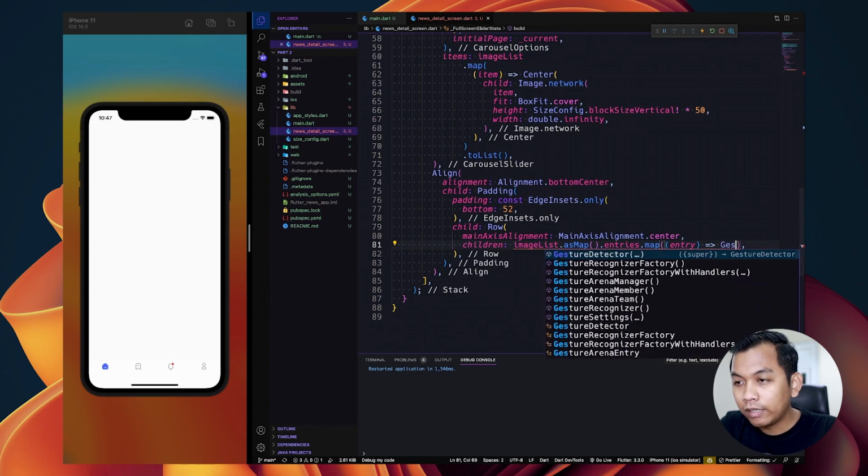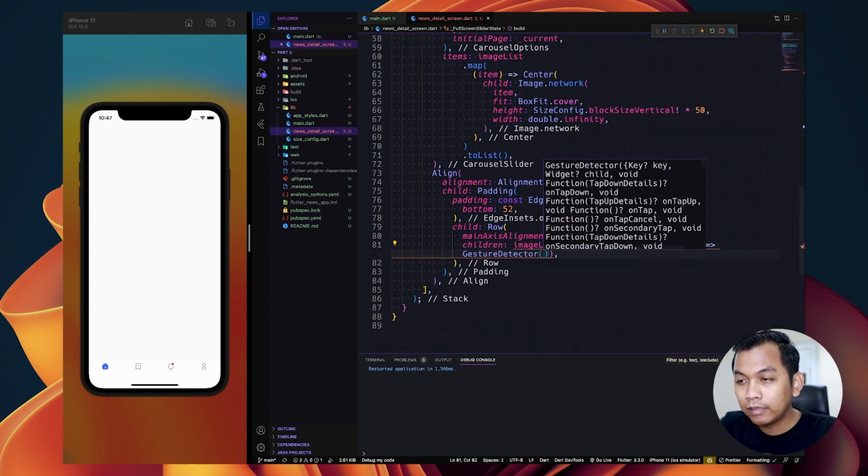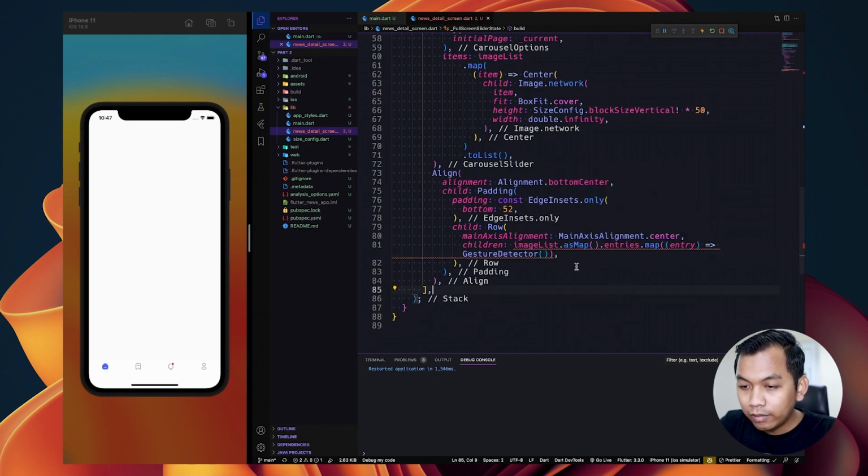What we need to return here is a gesture detector, and here we need to make it toList, like this.